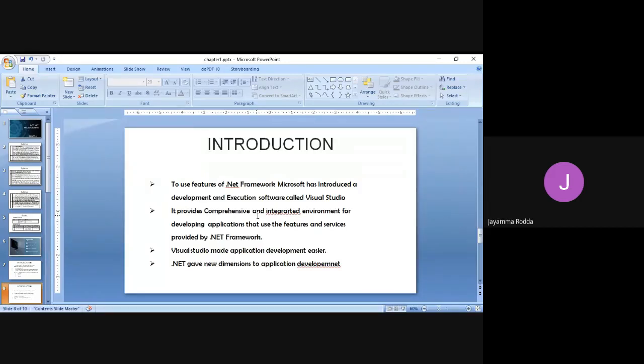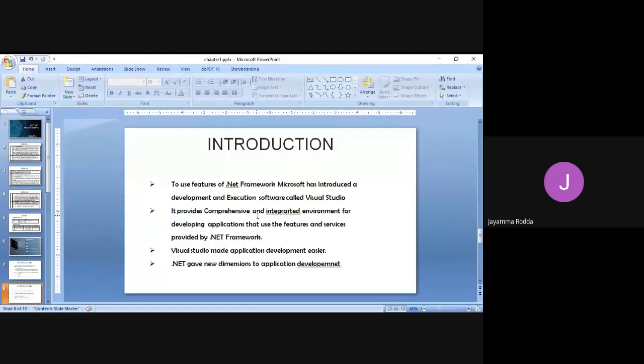So different language developed applications can be combined in one particular environment. That comprehensiveness and integration is provided through this Visual Studio. It provides an environment for comprehensive and integrated programs.